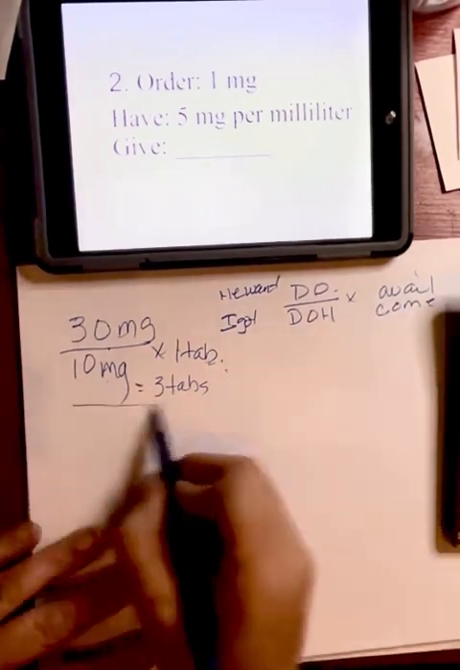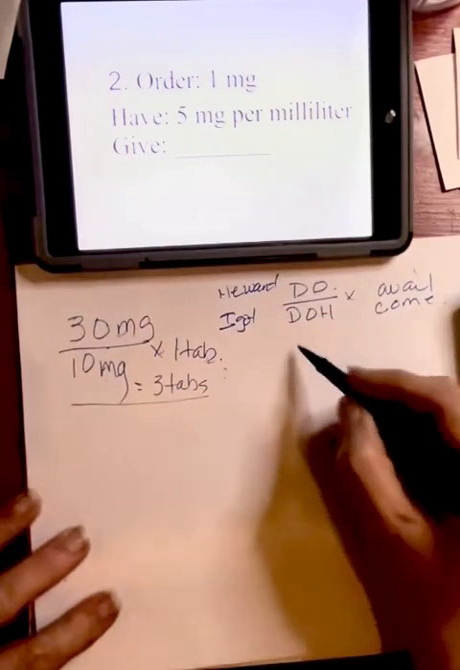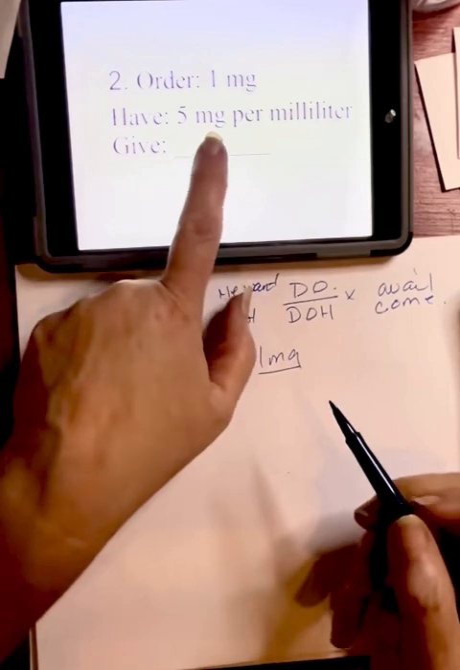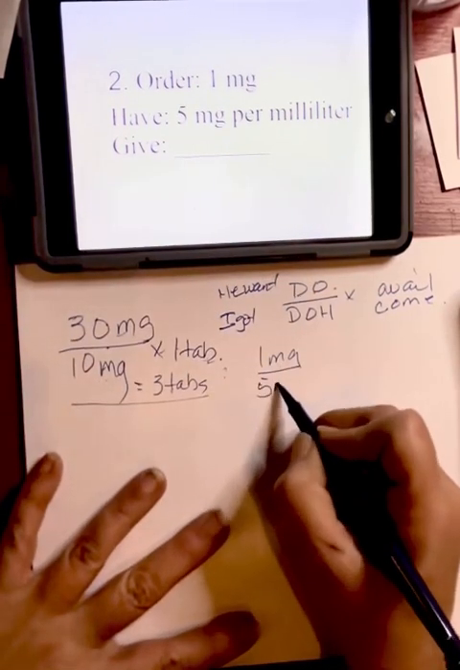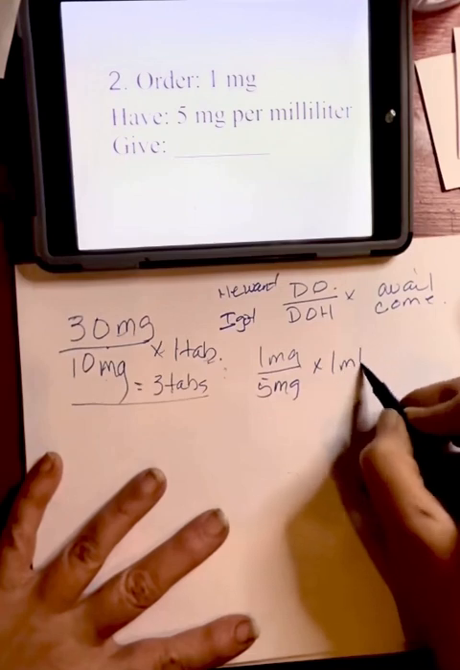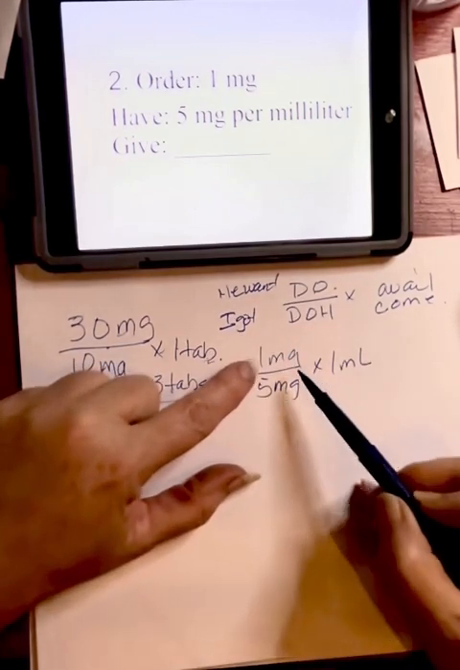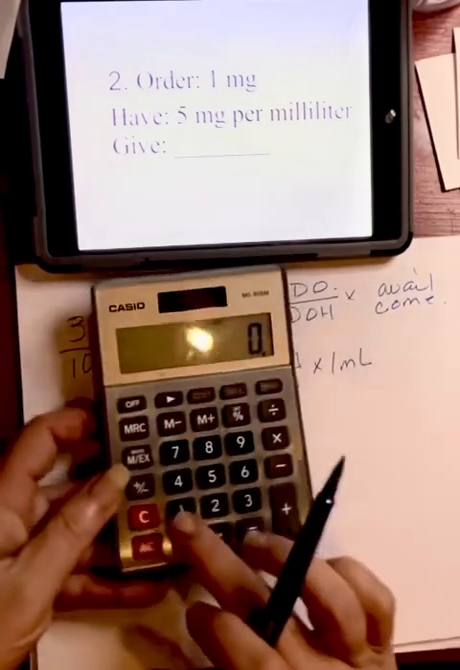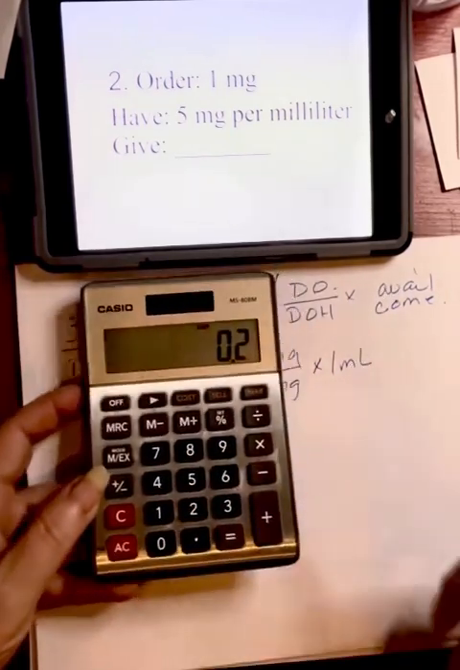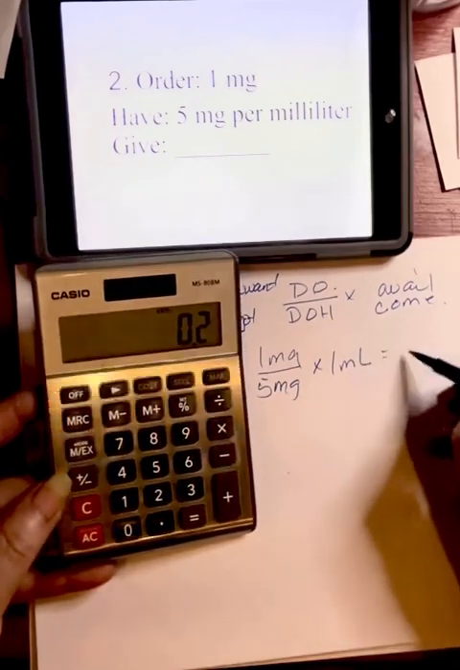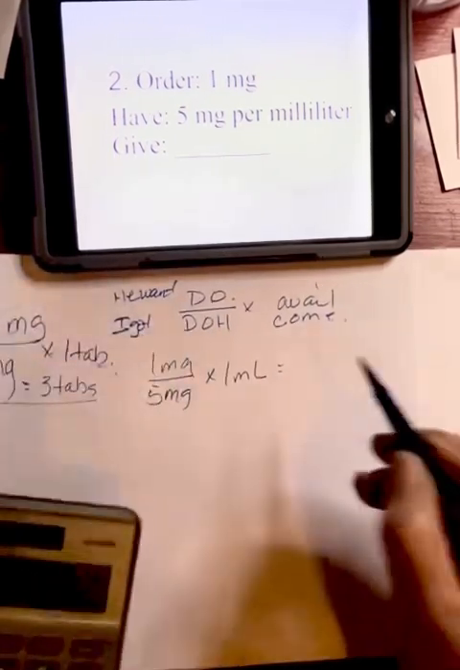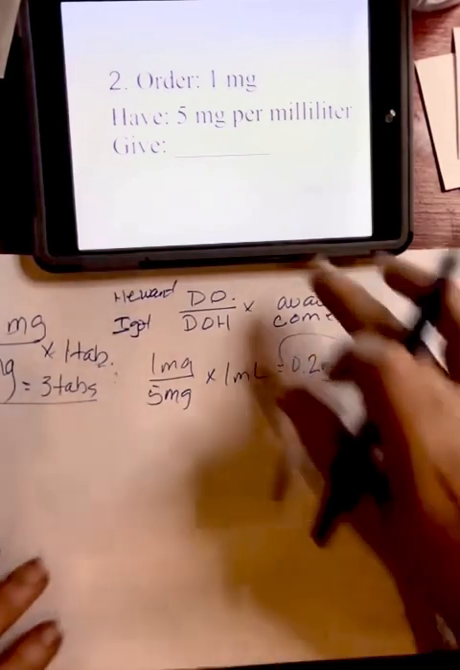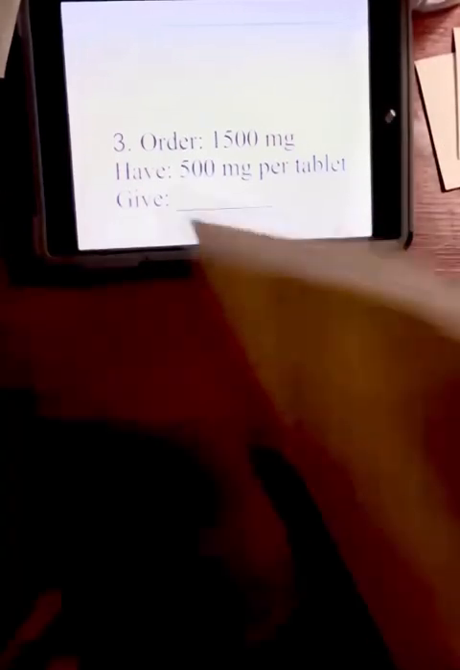Okay, so now the order is for 1 milligram. What he wants is 1 milligram. What we have is 5 milligrams per milliliter. I want to get times 1 milliliter. And then this says 1 divided by 5. And they cool because they got the same last name, you see. 1 divided by 5 equals 0.2. Can y'all say that? 0.2 mLs. What you gonna give? Let's do another one. The order